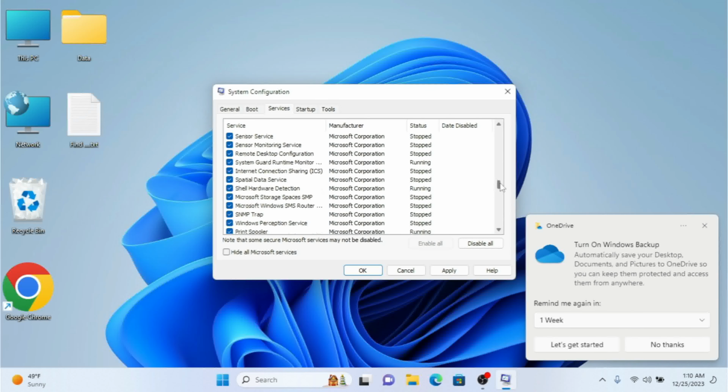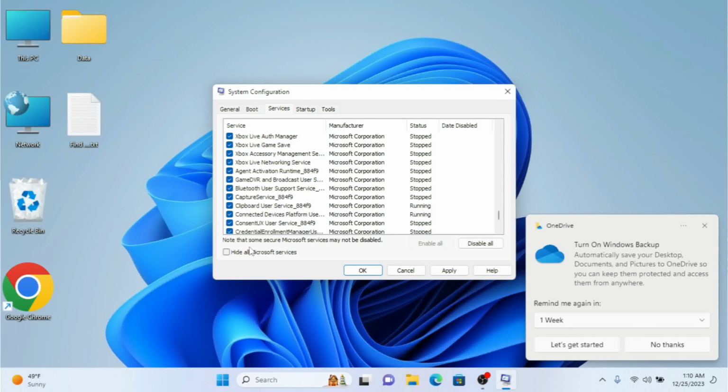For our Windows, it's going to show me all the services that are available. Like you can see, we have the Windows Modular Installer, Microsoft Update Health Services, and all the services that are available here. Basically, I can click Disable all, but for now I don't want to disable all. If it is disabled, here you can click on Enable all, then you can turn on all the services